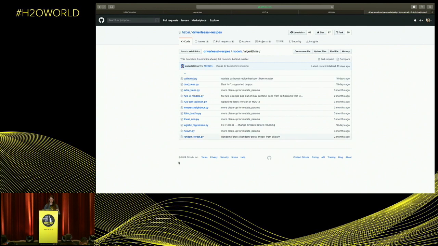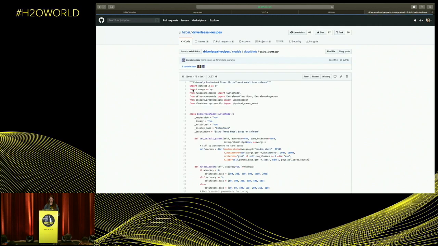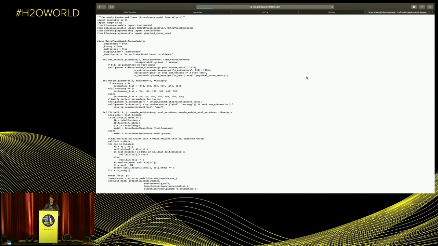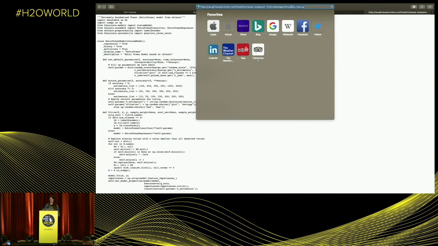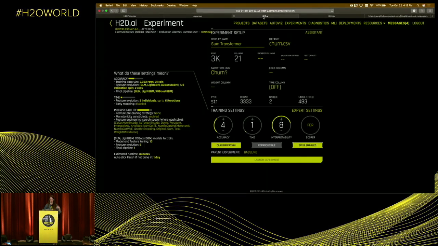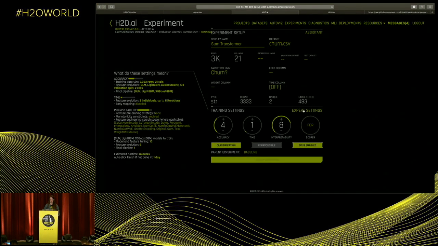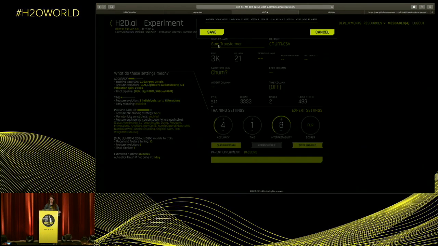And there's several that we could choose from. Maybe you really like CatBoost, or you've seen that KNN works for your use case. But what we're going to do today is extra trees. So this comes out of scikit-learn. So it's just using scikit-learn's extra trees inside of Driverless AI. So we'll click on that one and get our raw link. So that's extra trees. So I'm going to go back to Driverless in my expert settings, click load custom recipe,